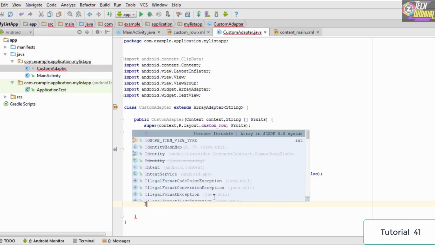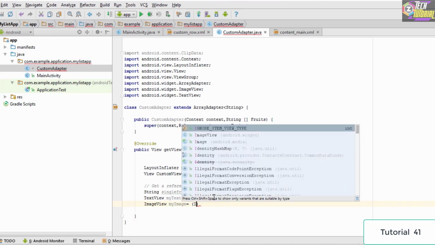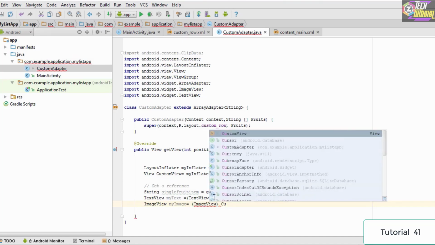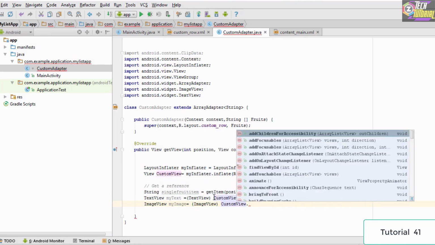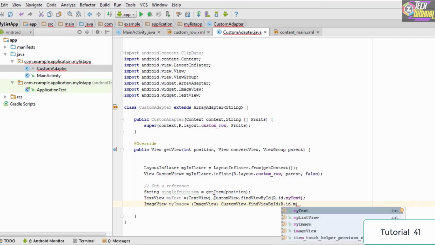So we type ImageView, as we want a reference to the image, then let's name it myImage. We type equals, and to typecast it we type ImageView once again, then we type customView.findViewById(R.id.myImage).